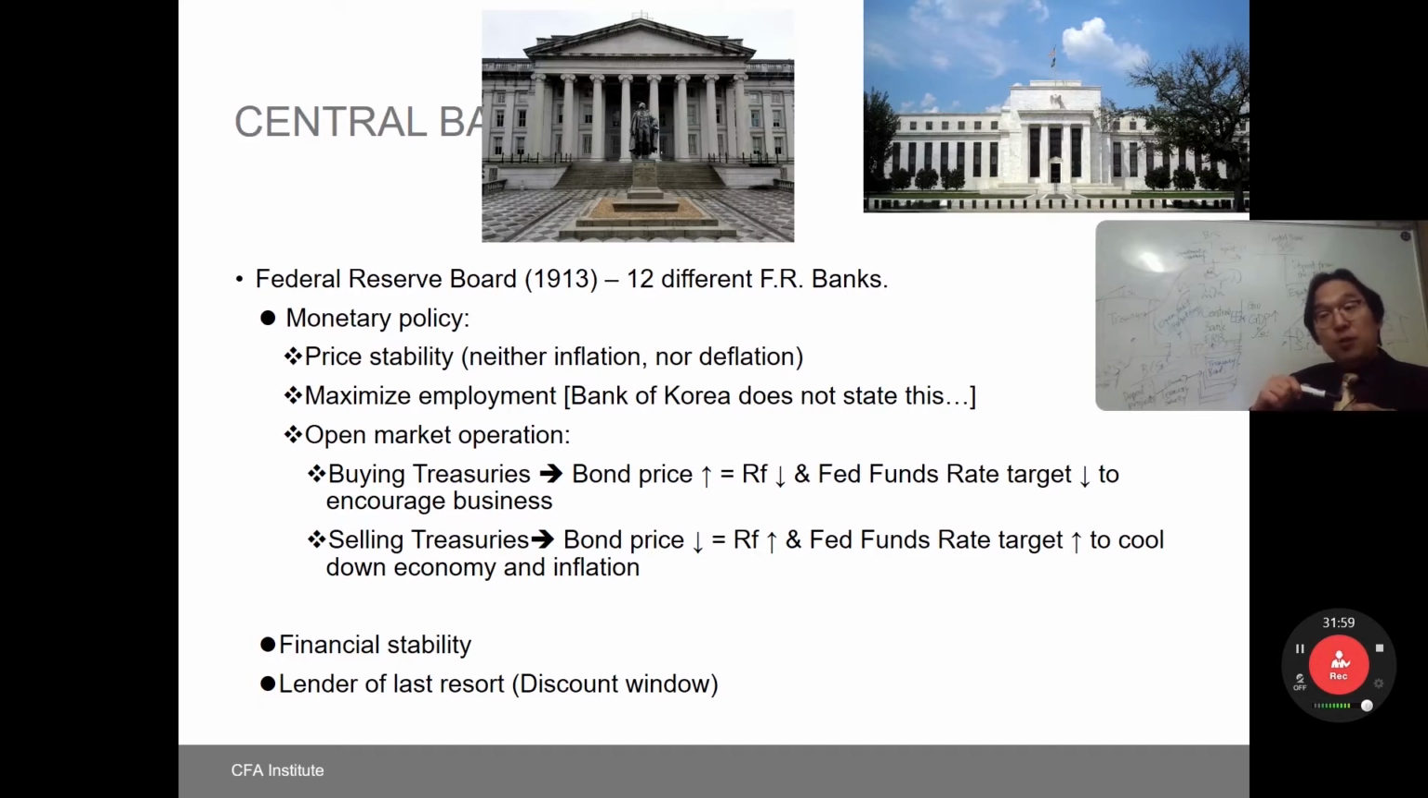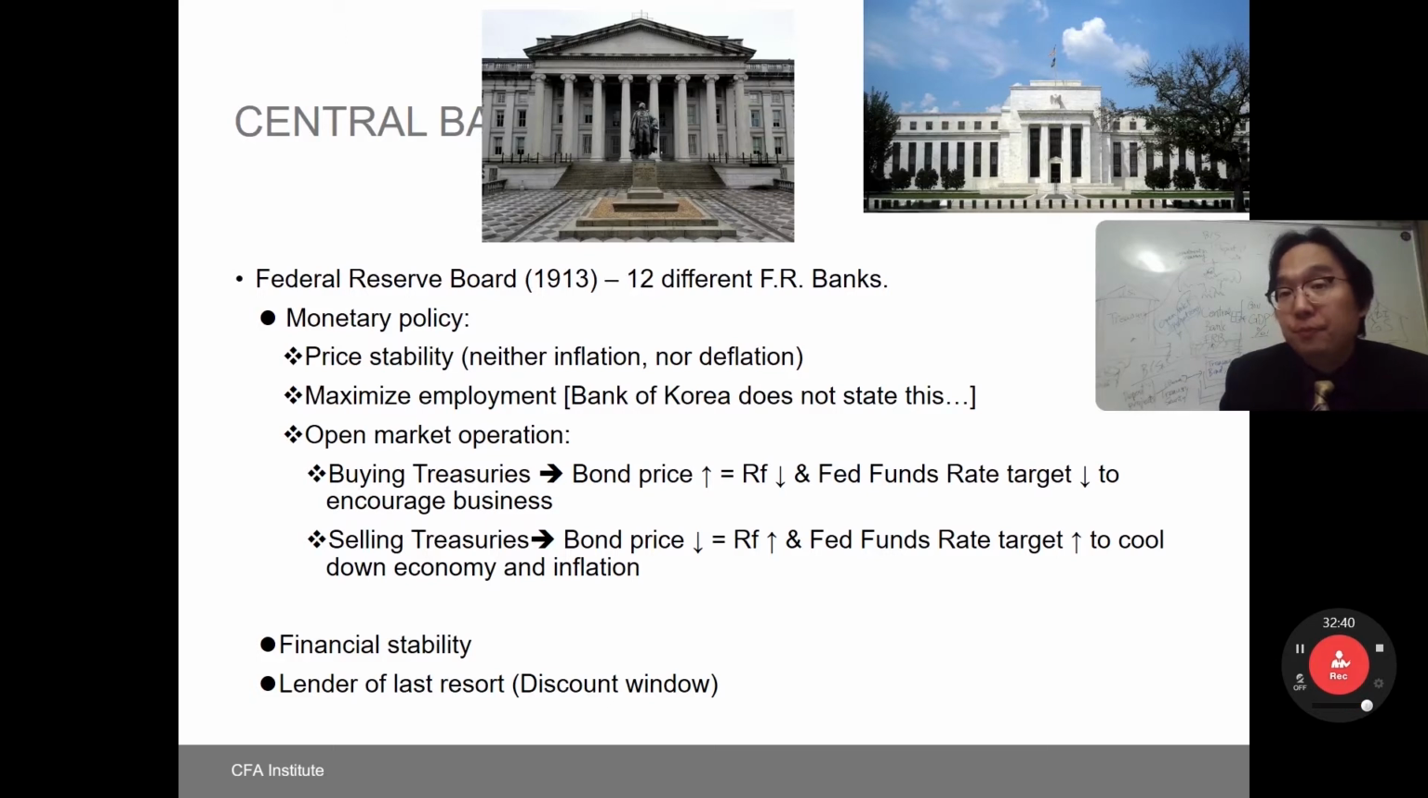And what is interesting in the United States Federal Reserve is that they have an equally important objective, which is maximizing employment, right? Maximizing employment. Why is that the case? Because sometimes overheating of the economy results in high inflation rates, right? To cool down... did I say high interest? No, high inflation rate. Okay, to lower the high inflation rate, to cool down that situation,